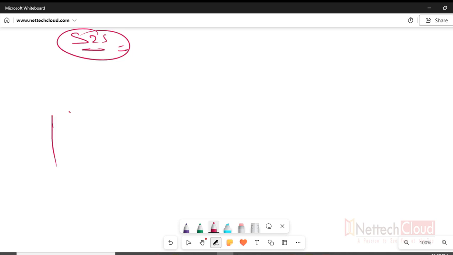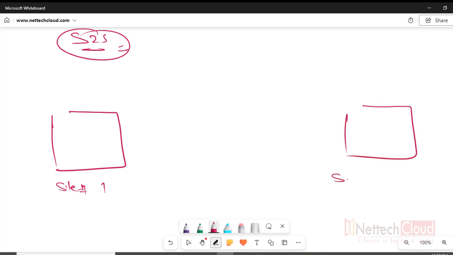So for example, here if there is one site, site A or site 1, right, and site 2 is far away from site 1, a remote site, remote location, right? Maybe site 1 is in India somewhere, site 2 is in USA somewhere. And what is the objective? The objective is to extend private networks, right? Means connecting both sites together, site 1 and site 2.